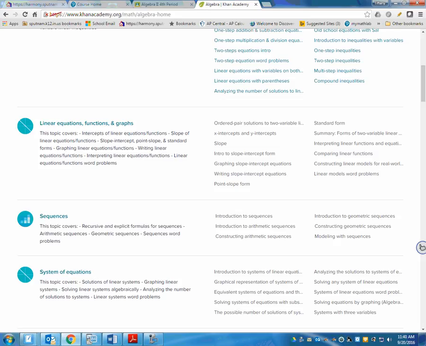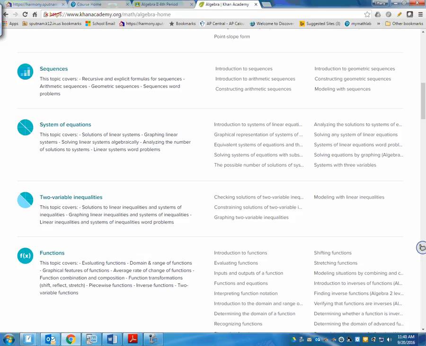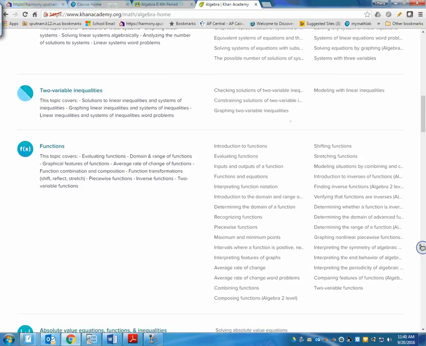Or maybe you're like, I feel really good with that. So scroll down a little bit more. So this is one I think you should look at. The other one is, you have to go down a little bit, but it's just called functions. And functions, there's a whole lot of stuff on here. And again, I don't expect that you're going to do all of this, but I just want to show you that